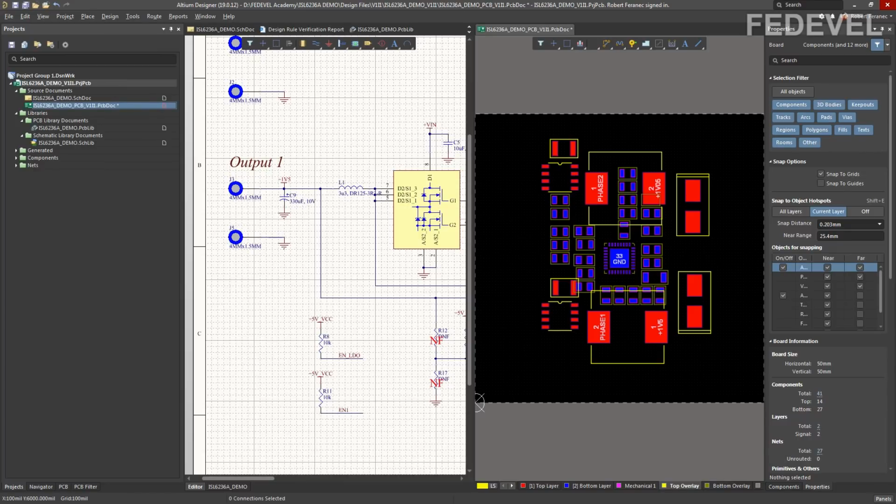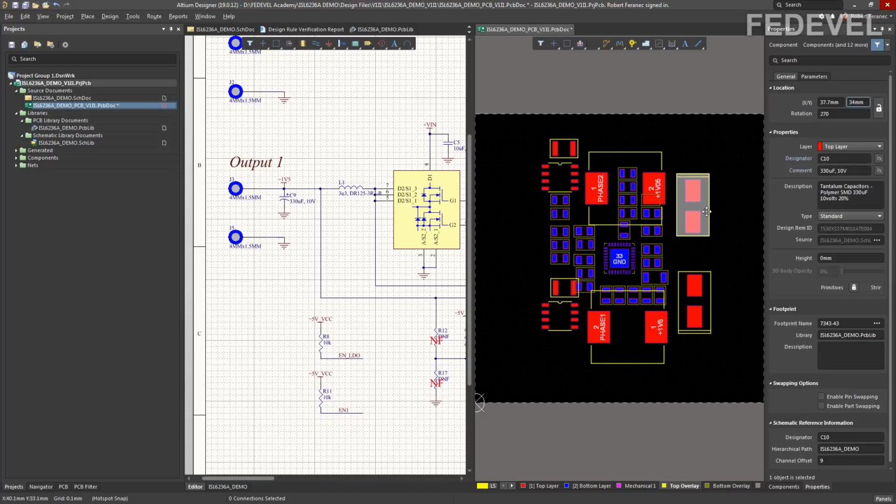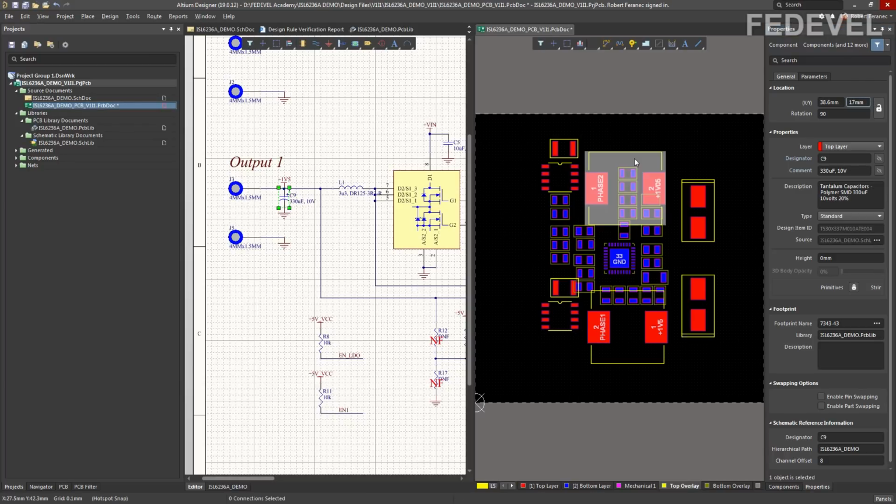Let's use these positions. Left click on this capacitor, left click here, change it to 38.6 and change this one to 33. Left click on this capacitor, change this to 38.6 and this one to 17, enter. Left click on this inductor, change this to 27.3 and change this one to 37.